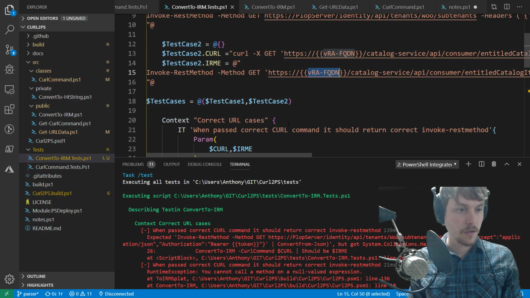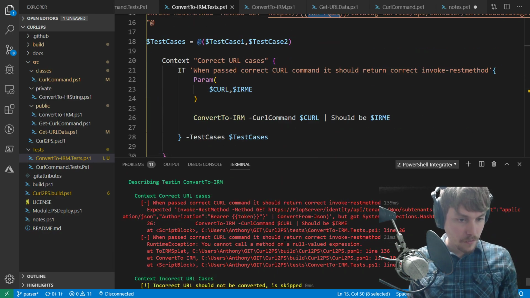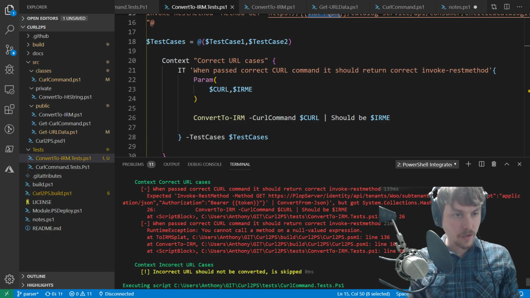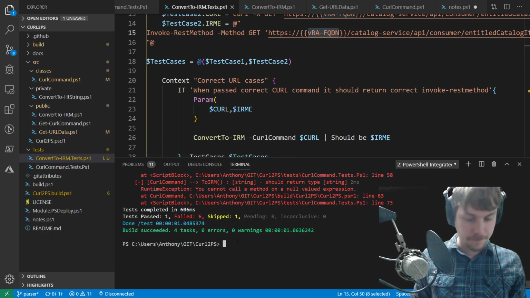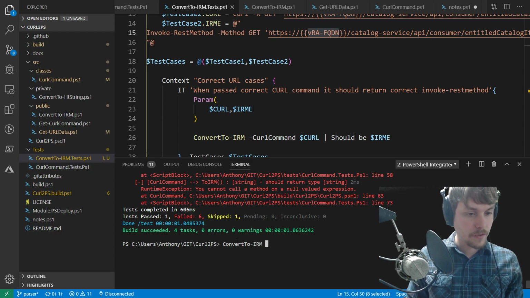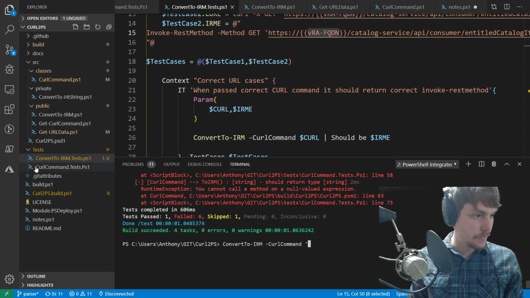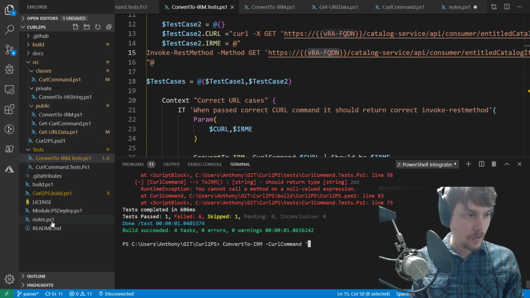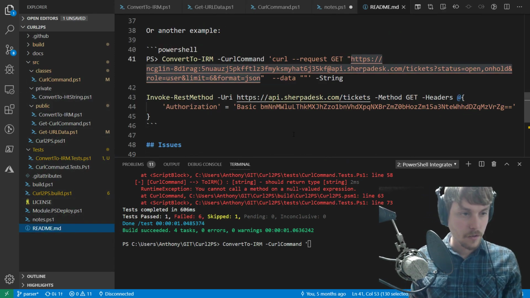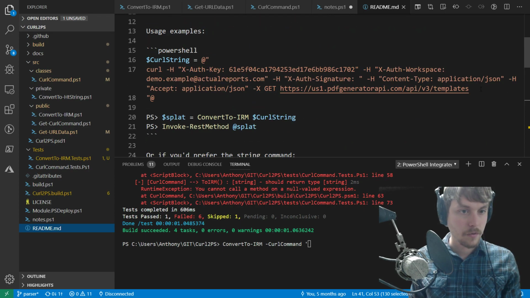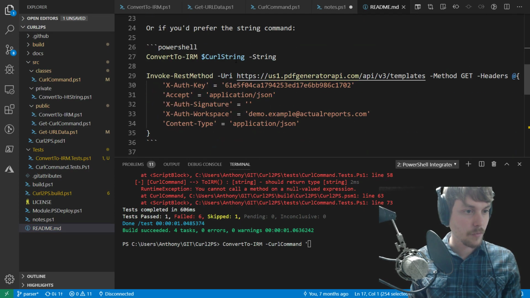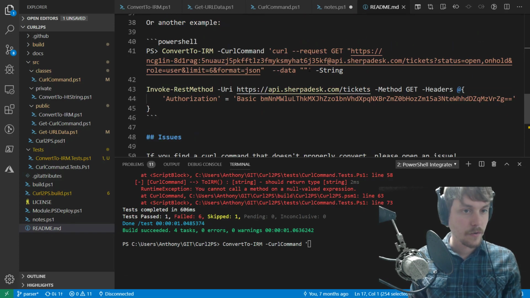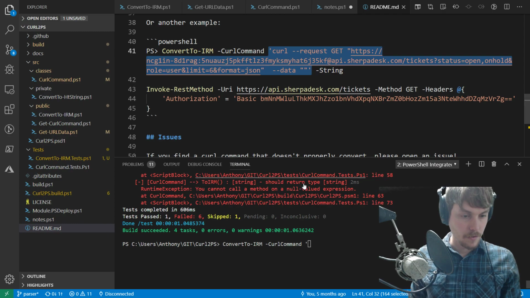Interesting. Wonder what VRA. So that's probably failing because expected plop server identity tenants woo subtenants but got systems, got a collection of a hash table. Okay, so let's do some testing on my own here. Convert to IRM curl command and let's get one of our test cases here. We'll start with the test cases and then graduate to something bigger. I thought I had a really simple one in here. Apparently not. Oh yeah, here we're gonna use this one. Okay, curl command